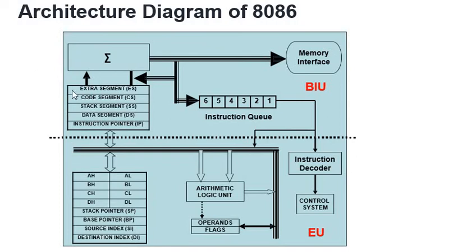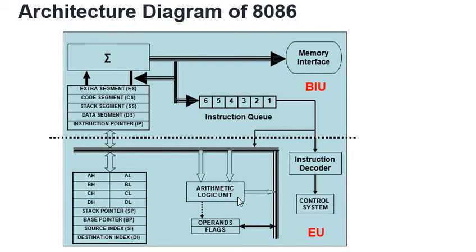To access that bus, you need control signals. Examples are the hold signal, hold acknowledgement signal, and interrupt signal. All these control signals will be generated by this control system,